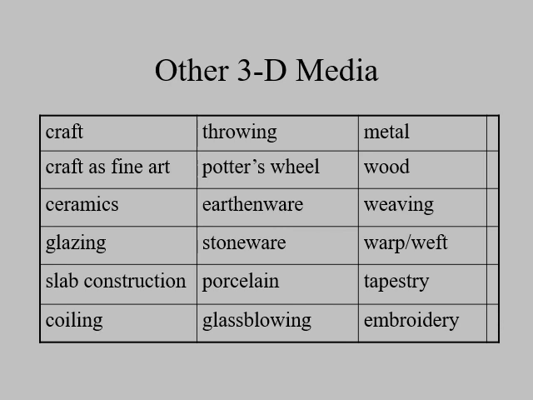We spoke about glass blowing and looked at Dale Chihuly and some other glass artists' work. Then we spoke about metal. We saw the Cellini salt cellar and some other artists who work with metal. Wood, we saw lots of wooden objects, the ladder for Booker T. Washington being the most recent by Martin Puryear. Weaving, we learned about the weft and the warp, the horizontal and vertical threads which go into making fabric. Tapestry and embroidery being two of those techniques. And then a name that's not on the list is the curator. We spoke about the curator and specifically Fred Wilson and how he would present art that was not his in a way that had, I think, very provocative aesthetic value.